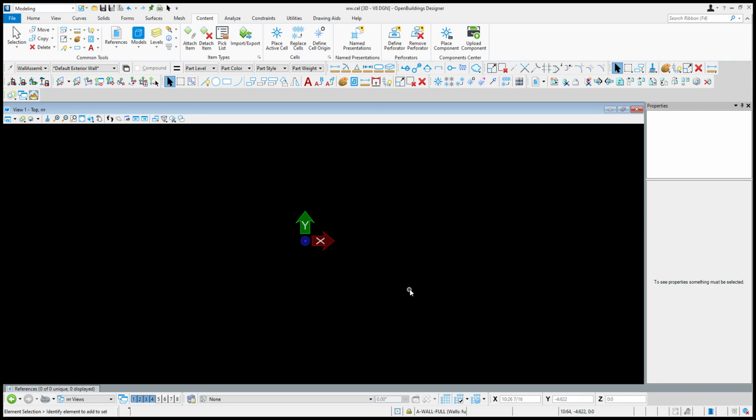Okay, so here you can see I have a fresh page of Open Building Designer. So I will explain the very basics. If I want to parametrize a block, like a rectangle or a square, we have three directions: length, breadth, and height. So how we can rotate it and how we can assign those parameters, we need to fill something. That I will explain in this video.